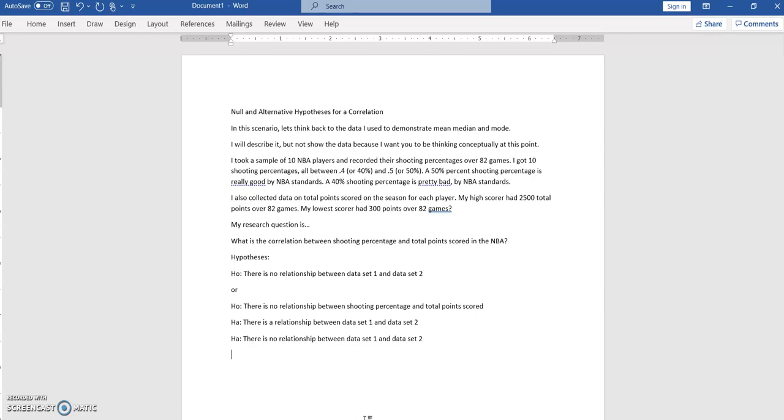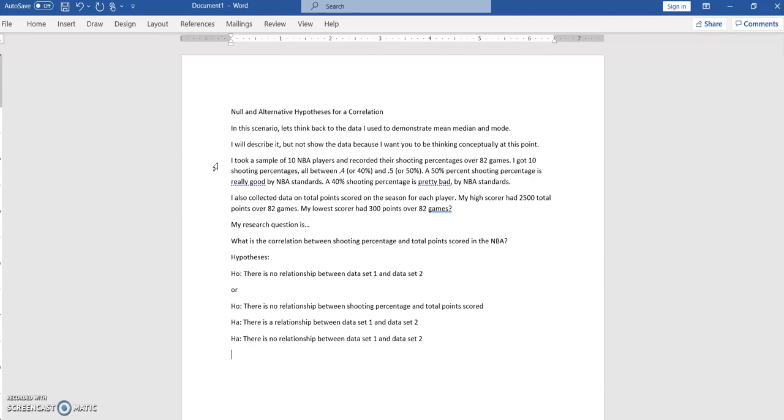But let's talk about a scenario where I could use a correlation to look at the relationship between the variables. If you think back to that little video I did on mean, median, and mode, I had two lists of data. I had shooting percentages for 10 NBA players. So just imagine I took, at random, 10 players and looked at their shooting percentages over a full season, which is 82 games. I guess I didn't take the most recent season because it got cut short with COVID. So let's say I took the 2018-2019 season. Took 10 players, played 82 games,